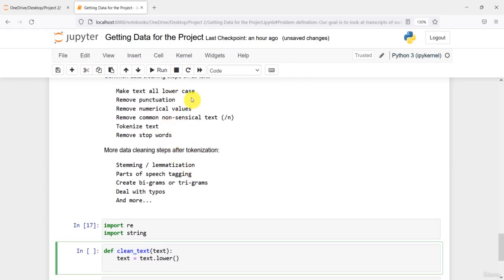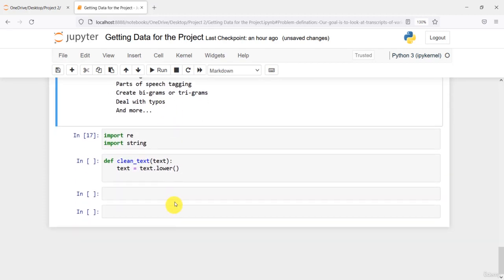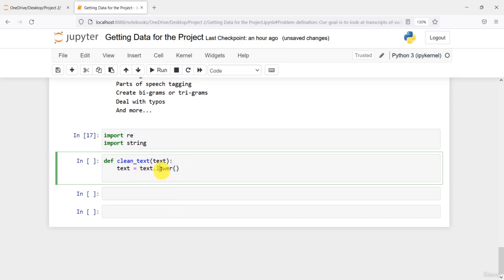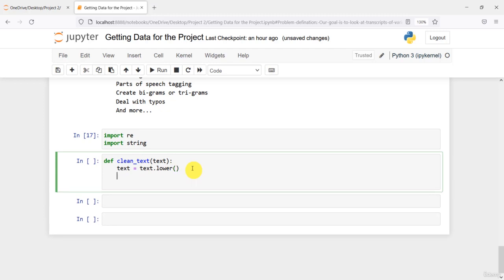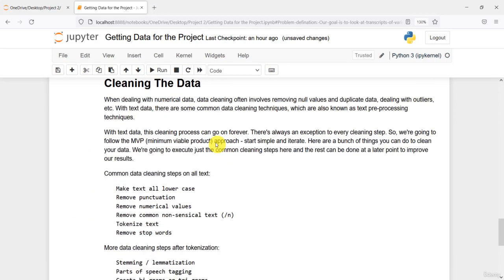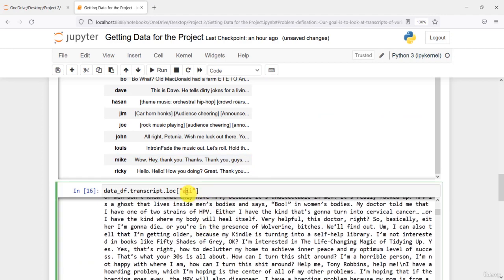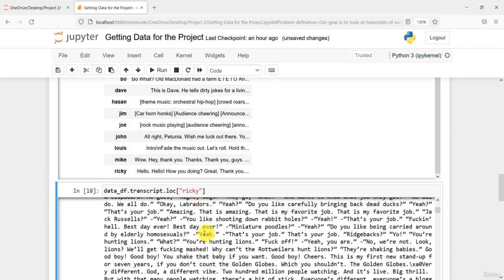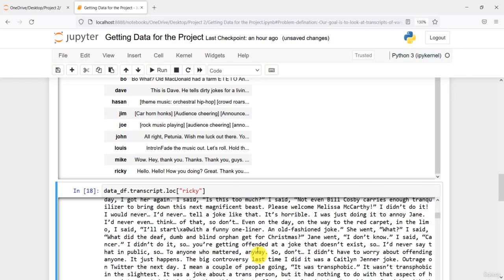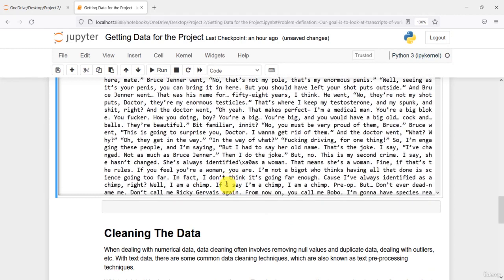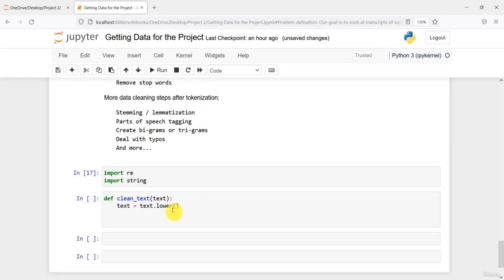So see here, the first step is to convert our text to lowercase. This function will convert it to lowercase and assign it back to the text. Next, I want to remove the text that has square brackets in it. I did see it, maybe in the case of Ricky. Some of them have square brackets in them, so I need to remove them so that this text might look